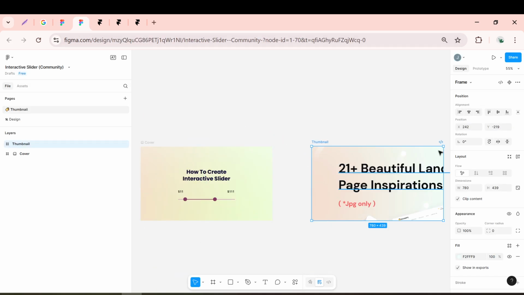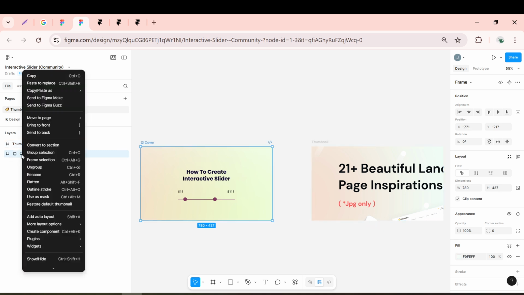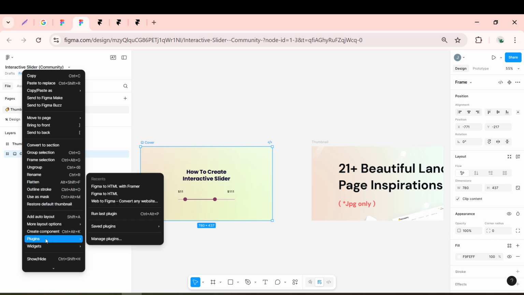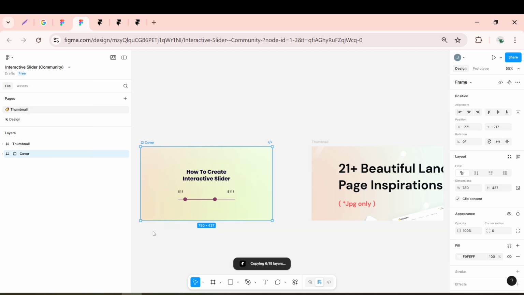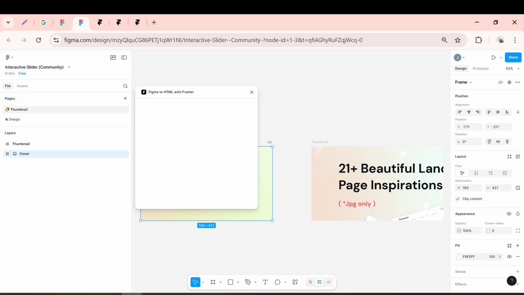Now, after you've set up the plugin, open up your Figma file. Identify the layer you wish to incorporate into Framer. With that layer selected, right-click it and navigate to the Plugins menu that pops up. From there, choose the Figma to HTML with Framer plugin. This action activates the plugin and prepares it to convert the chosen layer into HTML, ready to transfer over to